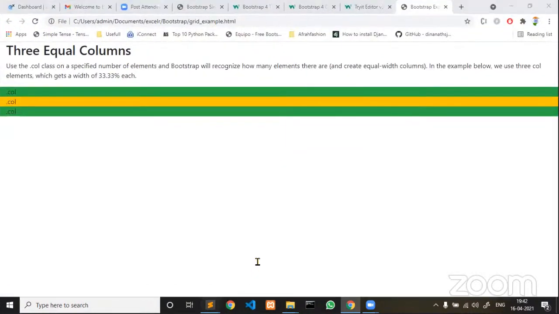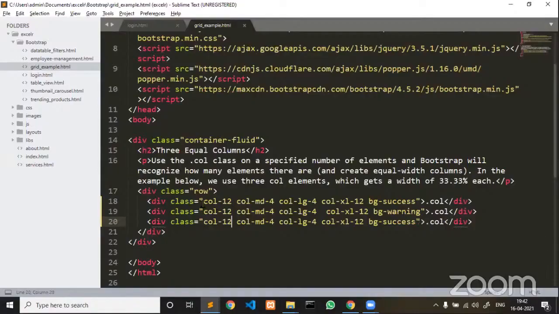So this is how you can see here, in one particular division I also added a class with respect to extra small, medium, large, extra large. This particular concept is called making my layout or my element more responsive irrespective of the gadgets which are available in the market. If the user loads this page at greater than 1200 pixels, it is going to merge all 12 columns into a single column, and it is going to display all these divisions one by one.